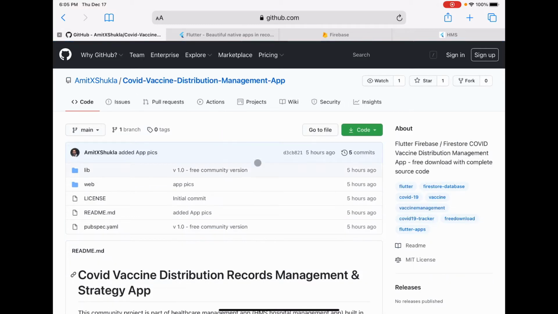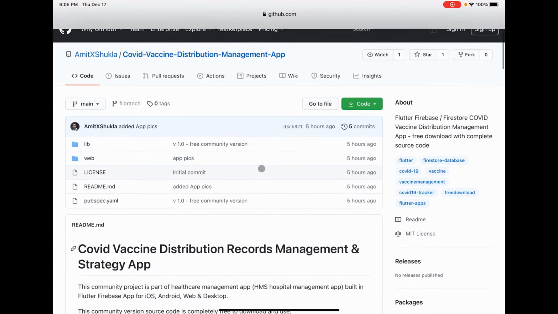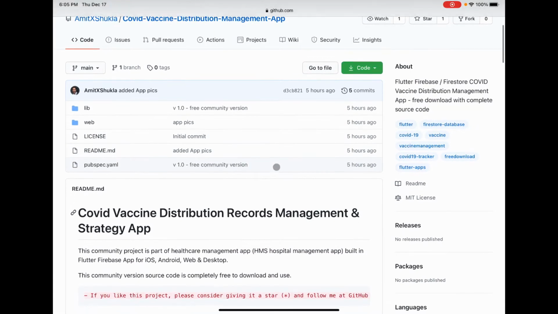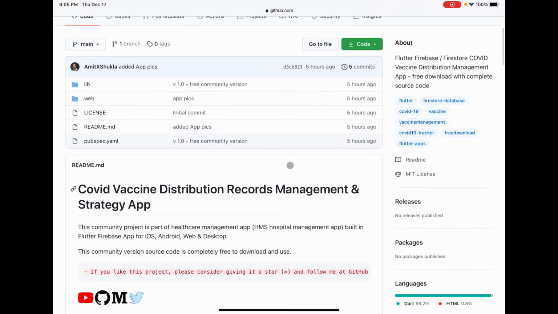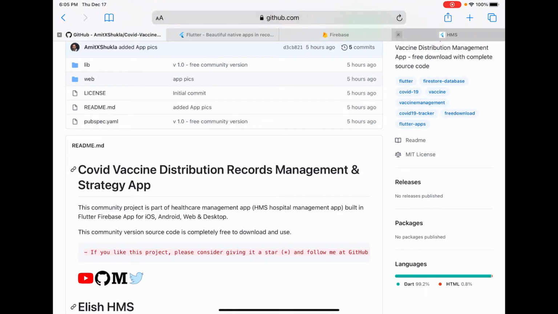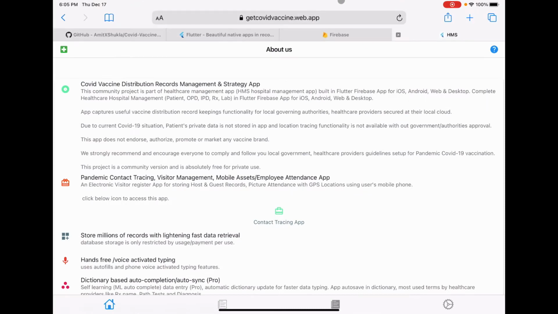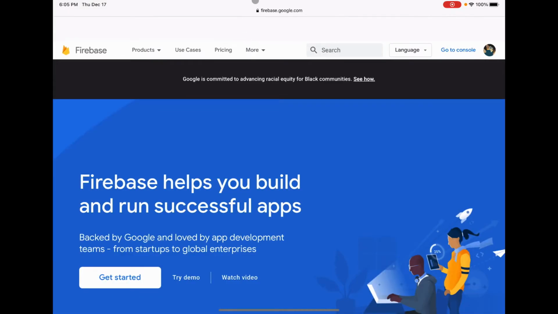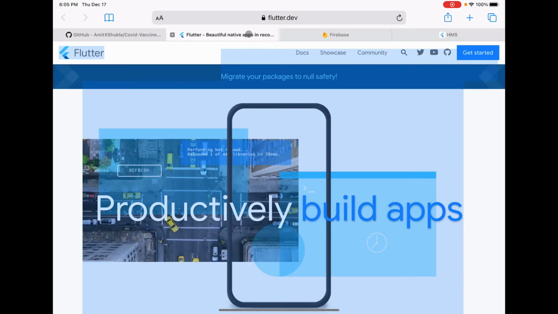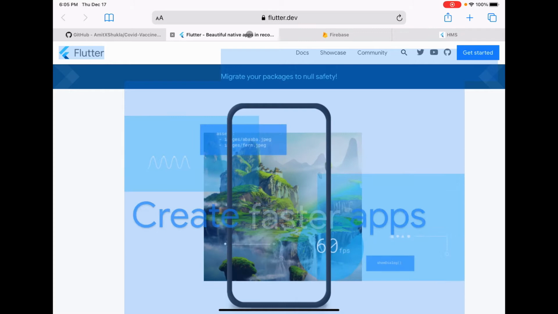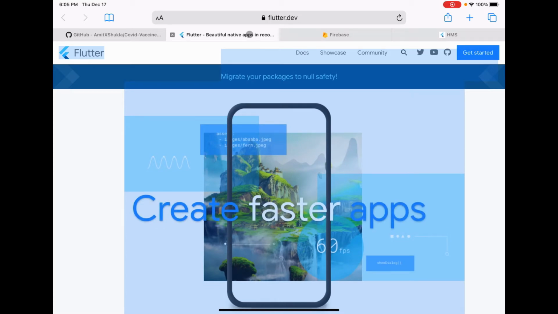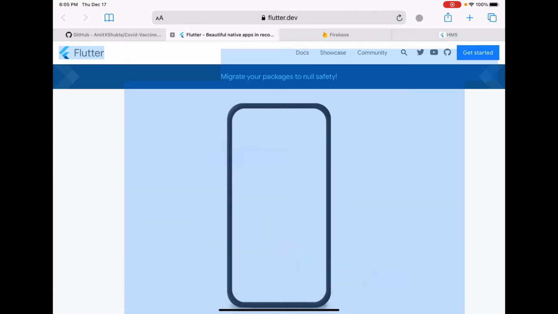The target audience are the local communities or local healthcare providers who are looking for a useful application which they can deploy on their local cloud and use through iOS, Android, or even a web application. From the technology perspective, as you can see, this code is built in Dart. I've used the latest technologies like Google Firebase, actually the Firestore database, and Flutter as the front end. In my opinion, Flutter and Google Firebase are very capable of storing millions and millions of records and handling large volume.